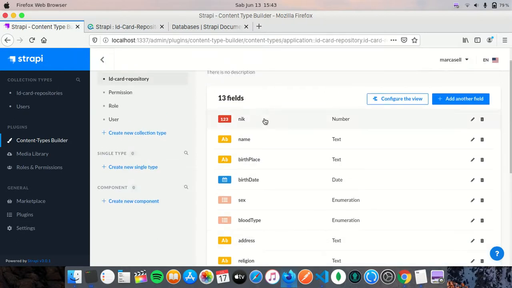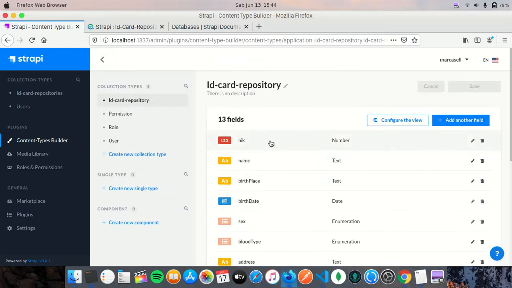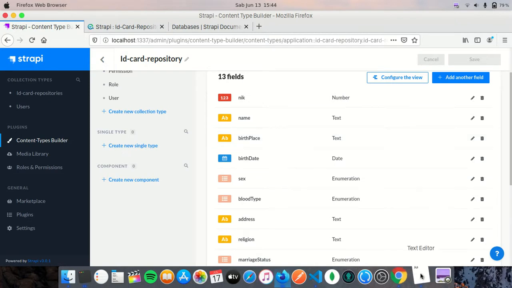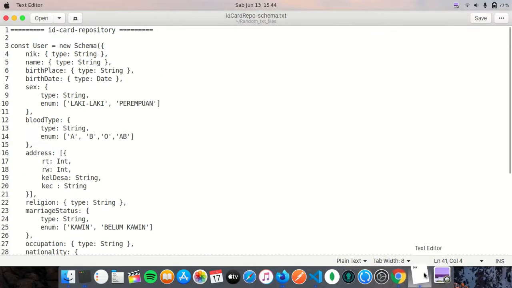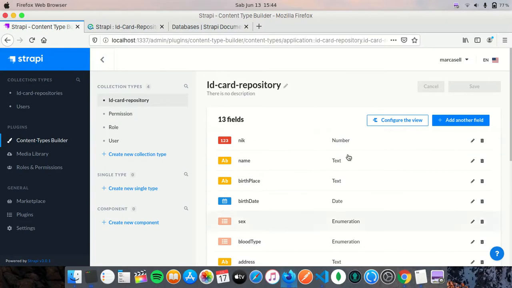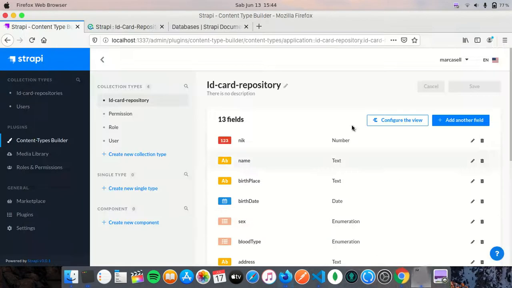I mean, these are some fields inside the national ID card, which is called KTP in Indonesia. So I have the schema here. Actually, this is a bit different if we compare to the fields here,